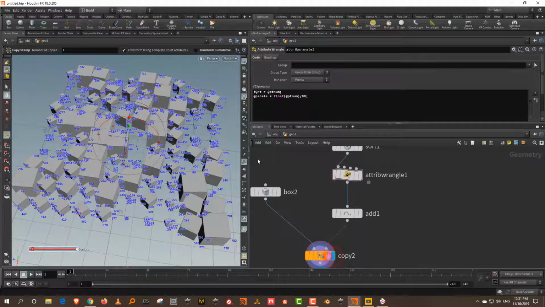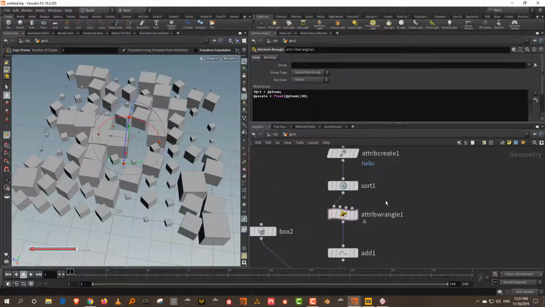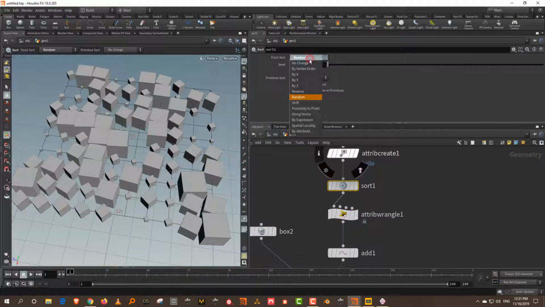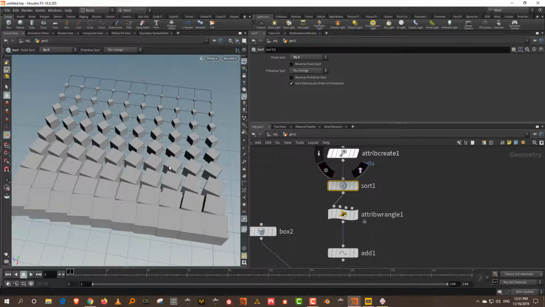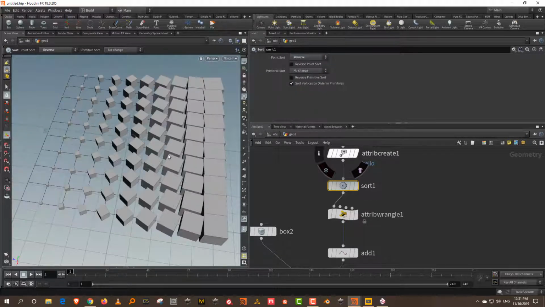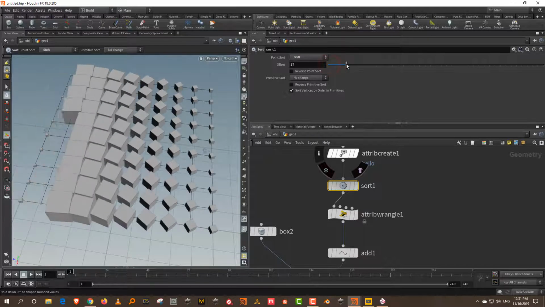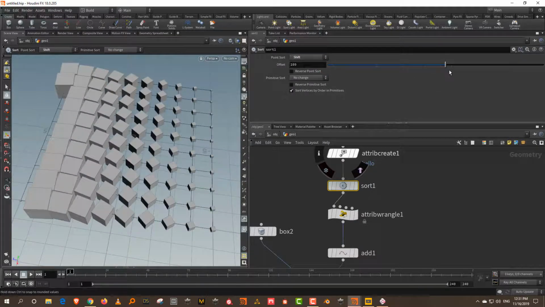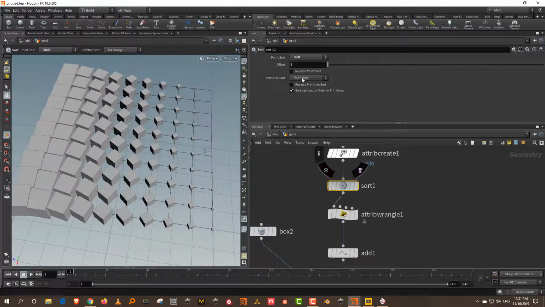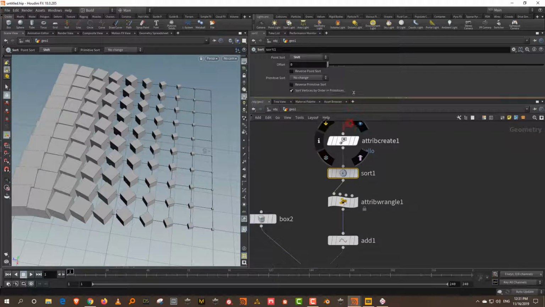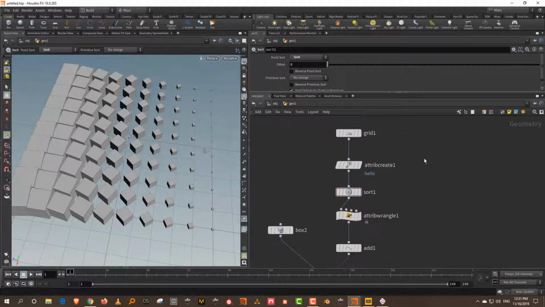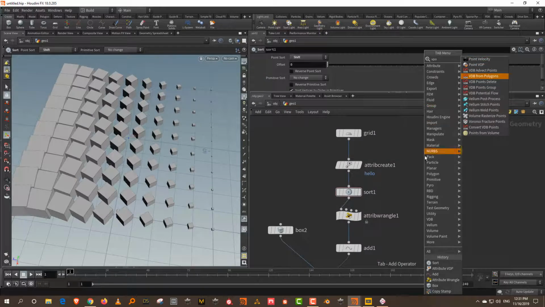Which is not exactly what is going on, because if I take the sort and bring it back to the x-axis, you'll see this is how the rotation is actually happening. If I reverse it, it can go this way. I can make it random. I can also shift it. I can take a shift and you can see it shifts. Then here you get a couple more interesting attributes, if I go into the warp, and I can take anything, let's take a point warp.